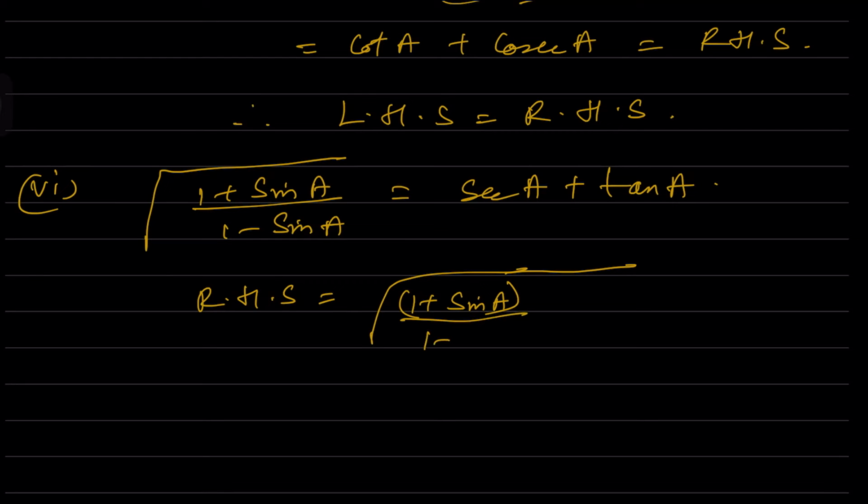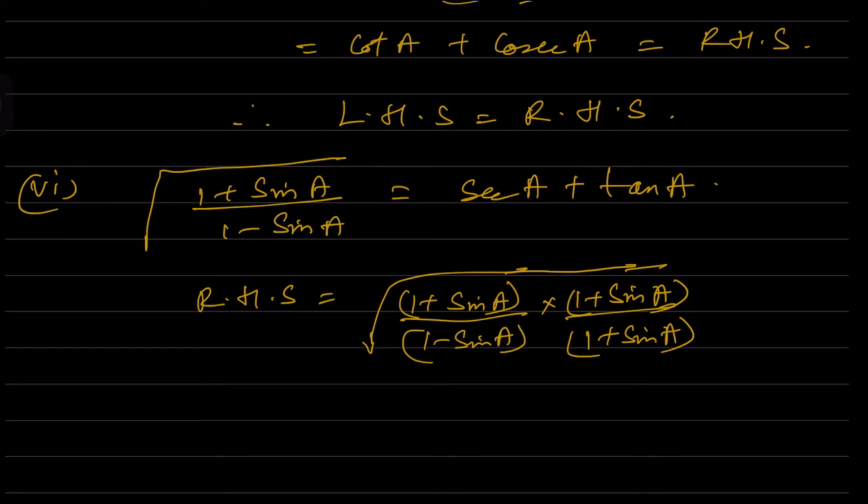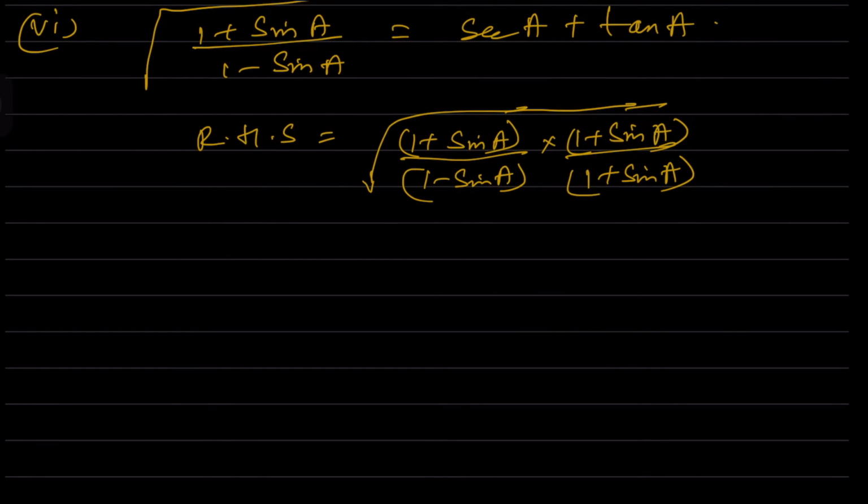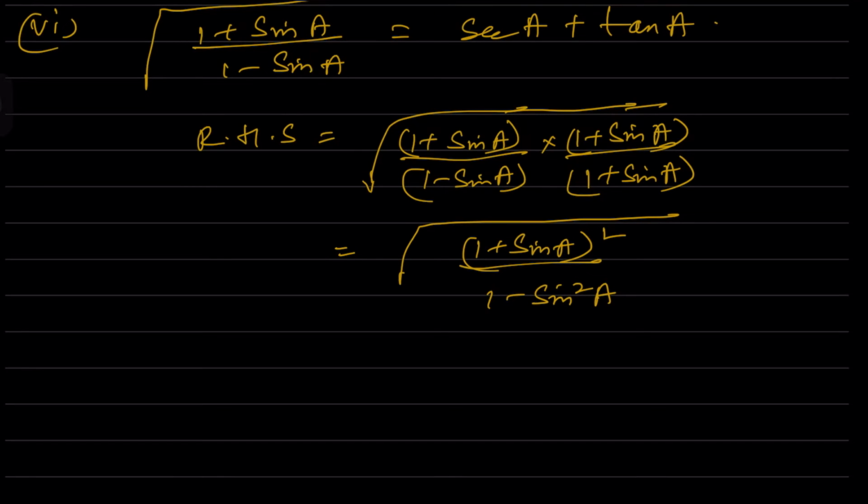So in the denominator we are having 1 minus sin A. Whenever you are rationalizing it, you will rationalize with the positive value. The minus will become plus, so you will be multiplying it with 1 plus sin A by 1 plus sin A. So under root of (1 plus sin A) whole square by (1 minus sin square A),